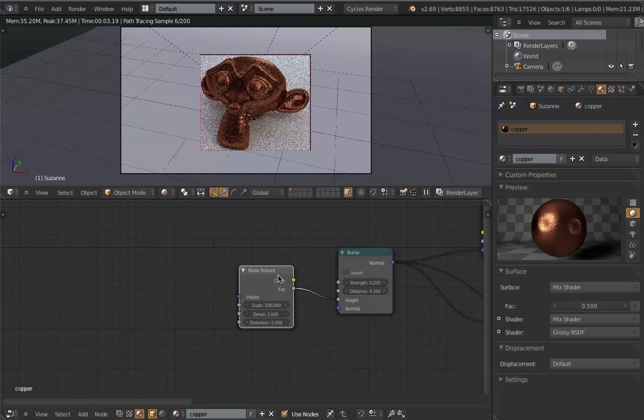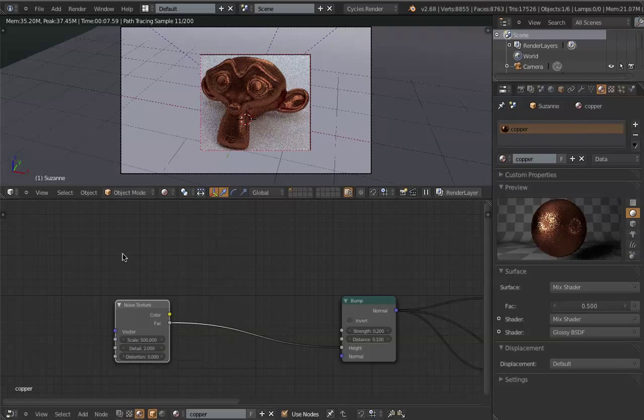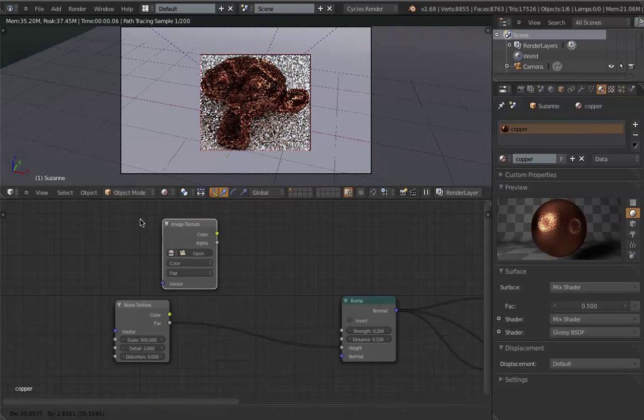Now this next part is optional. I just did this to add a bit more variation to the bumping. I actually used an image texture I downloaded from the internet. I'll show you. If you go texture, image texture,